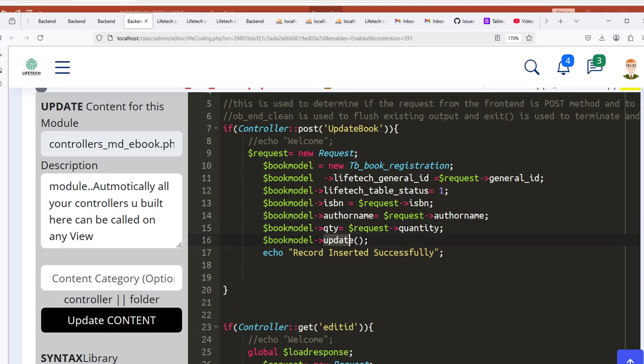Fine. So if you use this update, don't worry, automatically it will pick where general ID is to update by it. But if you want it to update by another column, then you can use 2 parameters here, specify the column name you want to update based on. But this time around we are updating directly to the general ID. So LifeTech app can understand this LifeTech general ID. When you just call on update alone, it will pick it and it will update by itself. So what we are going to do is our record updated successfully. So with this now, let's go and try and post to our